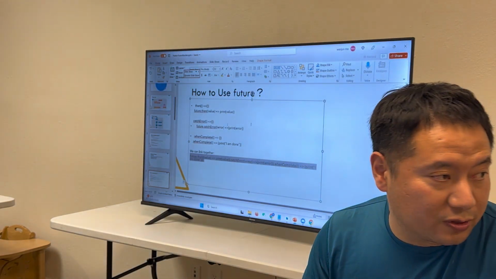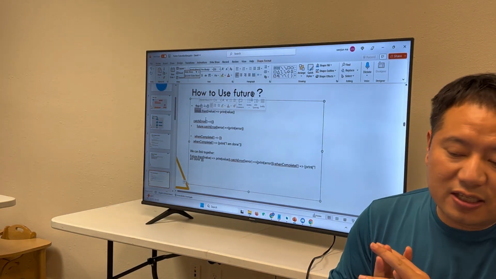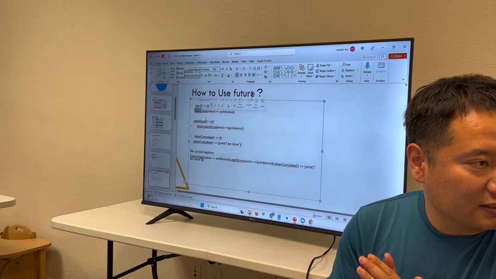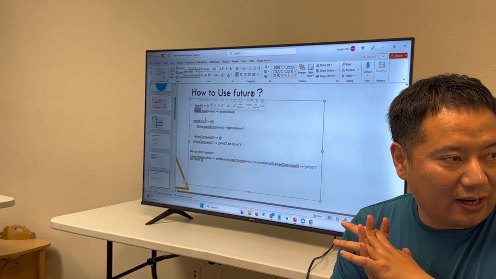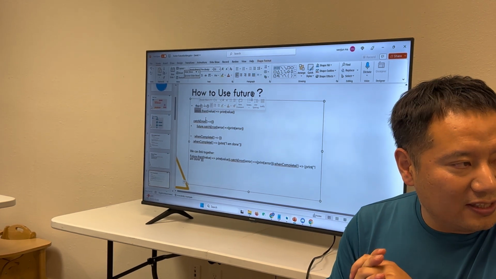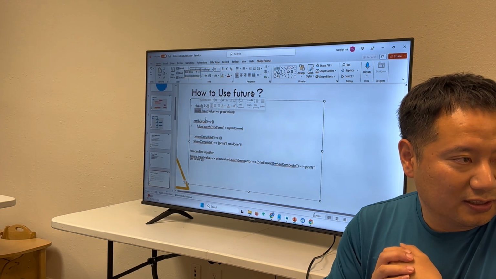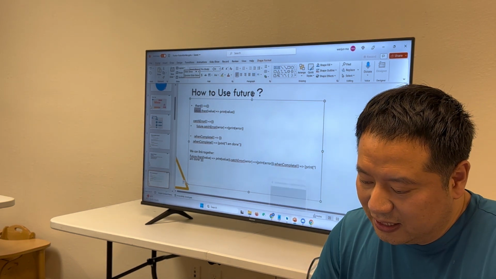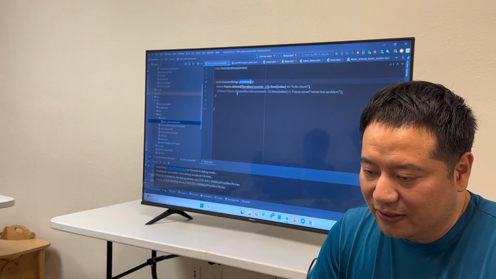here we show how to use it, right? I add this. This is a future, okay? This future is an object, right? So when you call a function that returns a future, it means you can define your function call, and after your function call you return the future. So in your main, see, I have this